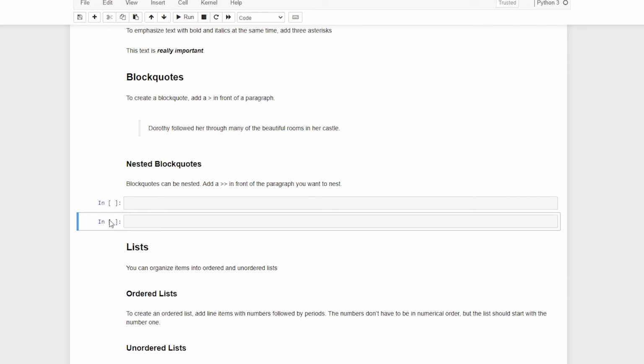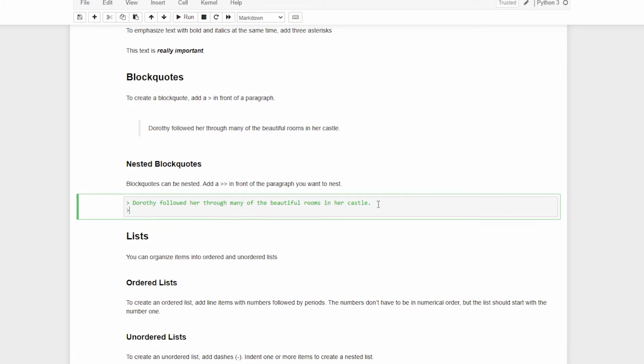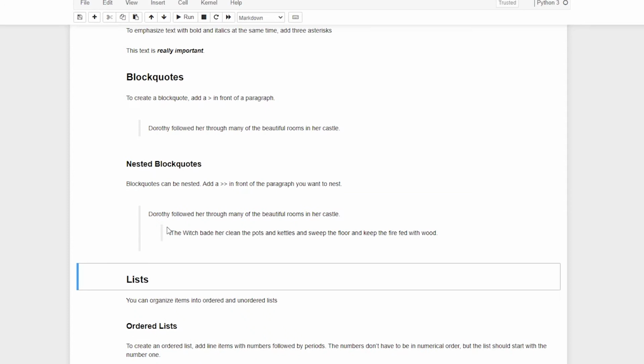Oops, delete this, double D. I'm going to paste this, come here, then again add the bracket, and again paste a dummy text. So I think this will give me an output of a nested block. Shift enter. So you see this is inside this.